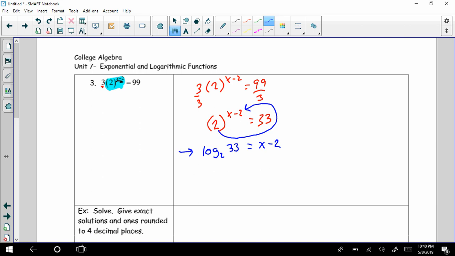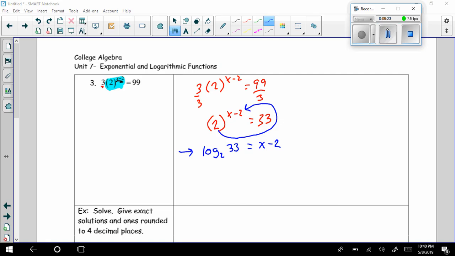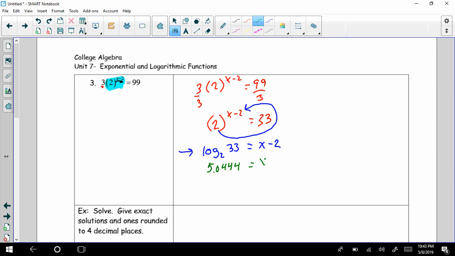I'm going to pull up a calculator. Hang on one second. Okay, so I cheated a little bit and typed that in my calculator. So this is equal to x plus 2, or x minus 2, and we need to isolate the x, so we're going to add 2 over. So x is equal to